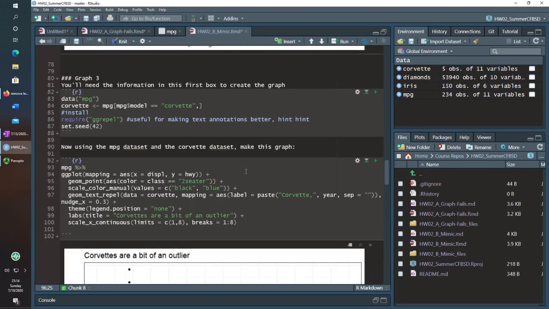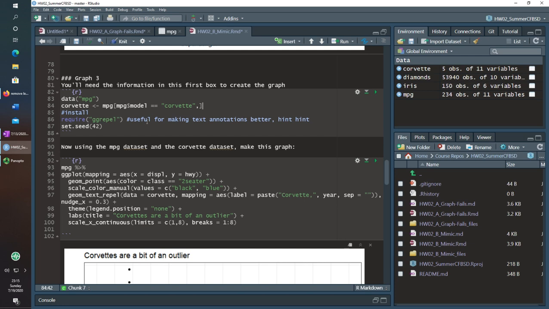Alright, so graph 3. Graph 3 was actually quite a tricky one, and I'm kind of interested to see how other people made variations on this, because there's a couple ways to make this work. The way that I mentioned is that it's really nice to have this data set subsetted so that you actually only have the Corvette information here, because that'll allow you to add the labels a little bit easier because you only are making the labels for those values.